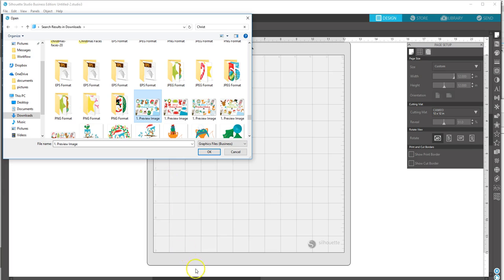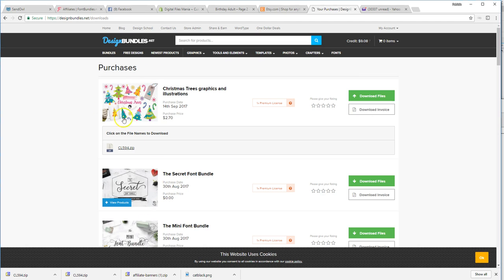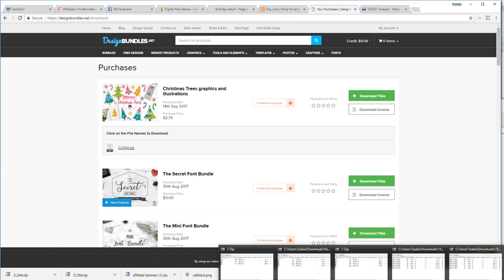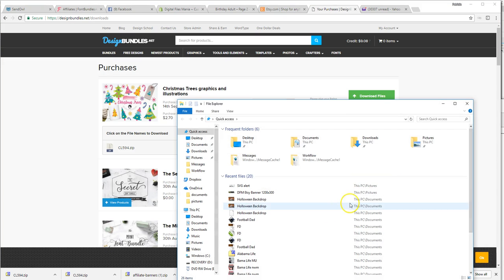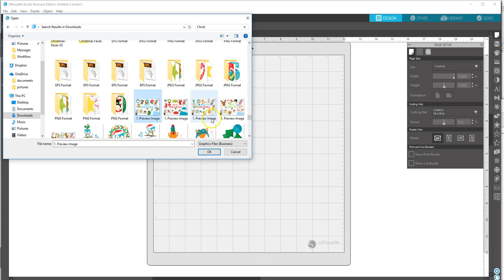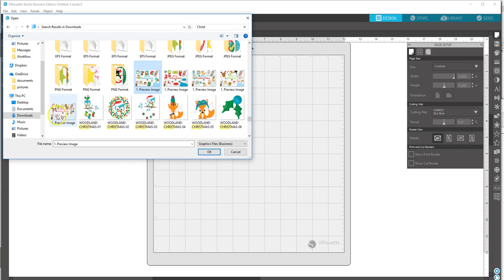You can see that, and I'm going to take you right back to it real quick, so you can see that this is the actual design. This is the same design. Now I'm going to go back to it again. I was in Silhouette, and it's showing you all the previews, but then it starts to separate